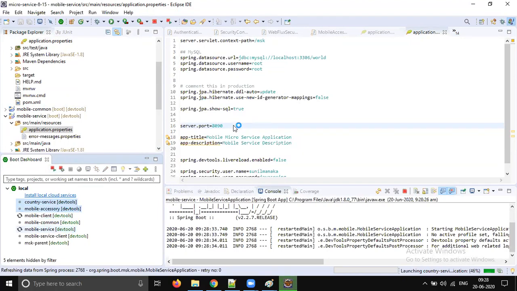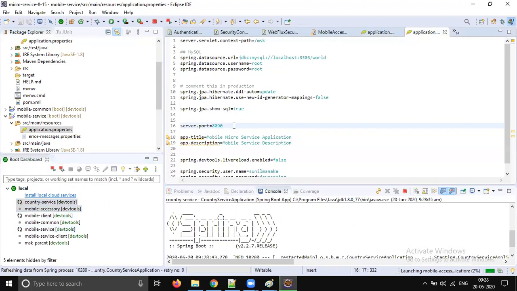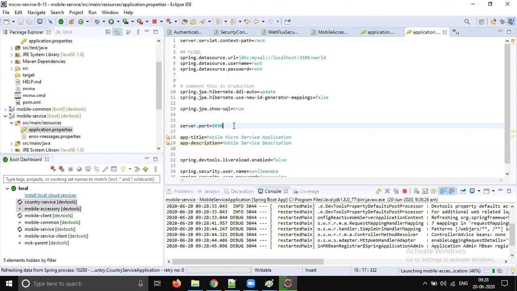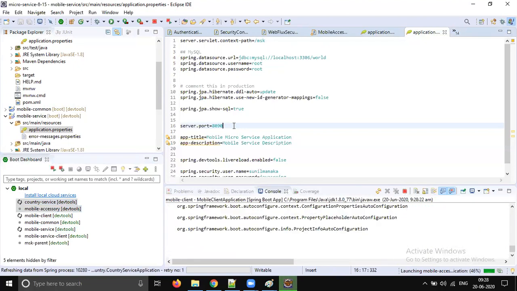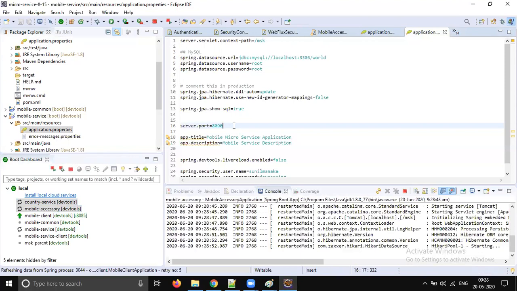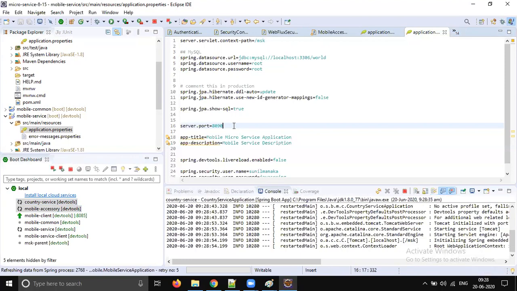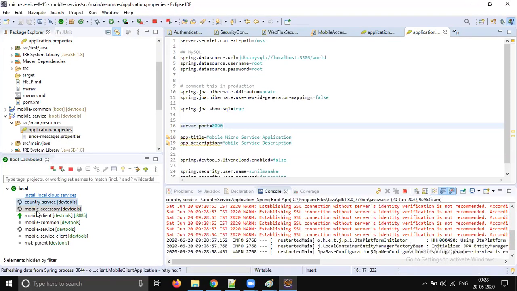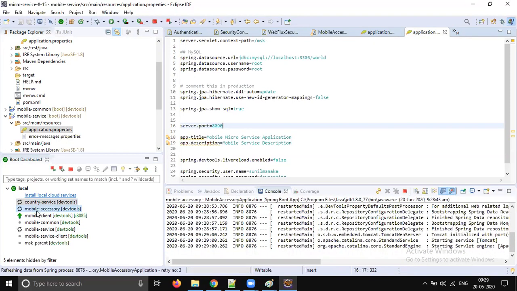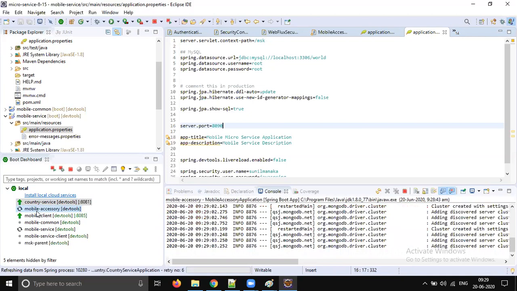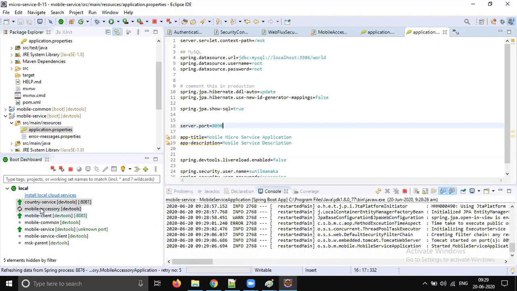Even though the port is wrong, the services will still be up and running because the communication is going to happen at runtime with the HTTP protocol. So at application startup there is no problem, because microservices are deployable as independent units. We don't have any dependence. The communication is at runtime. So even though we are starting on a different port, services will still be up and running.